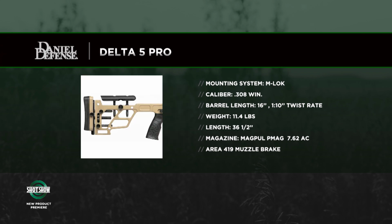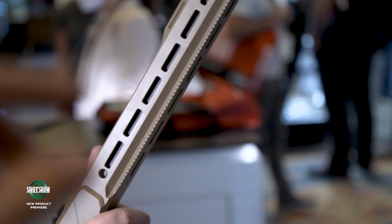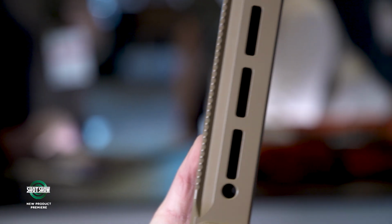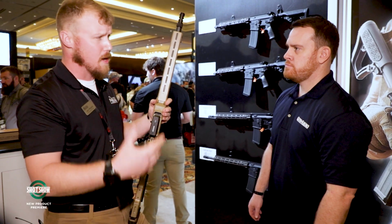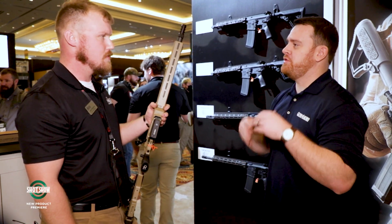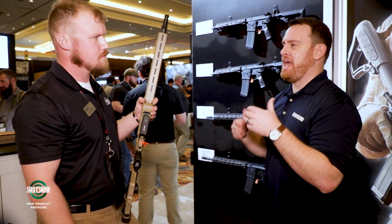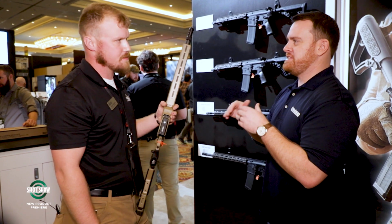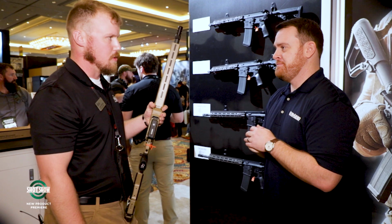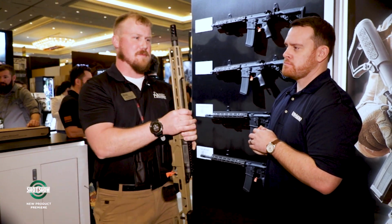Starting with the Delta 5 in that polymer chassis, now sitting in our proprietary Pro chassis here, which is so awesome. It has the Area 419 Arca rail on the bottom, licensed here, and that really helps. It's very popular among PRS shooters, but also the duty guys. There are so many accessories and capabilities of that system that it's being adopted universally. Nice to see it here in a big, heavy chassis. Absolutely. If we take a look at this barrel,